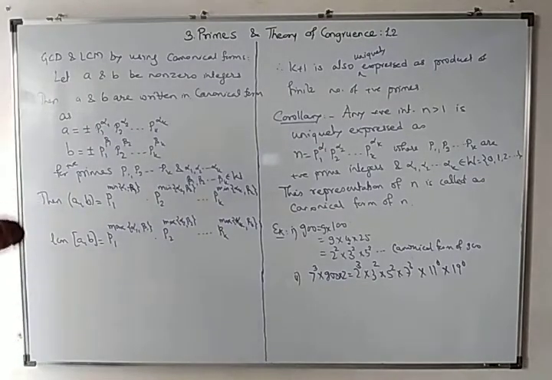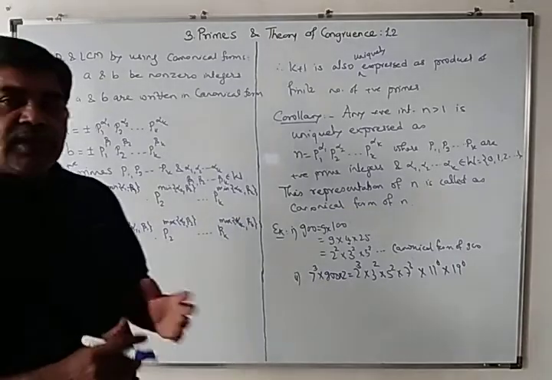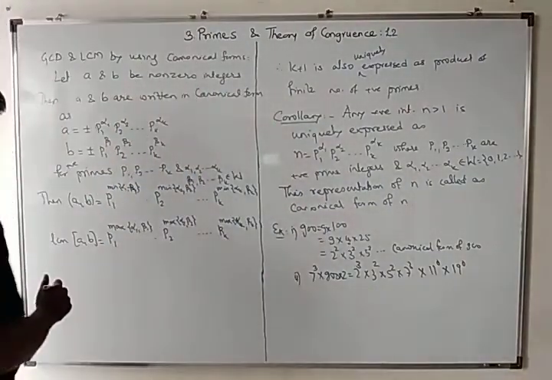So this is the way of finding GCD and least common multiple with the help of canonical forms of A and B. For example,